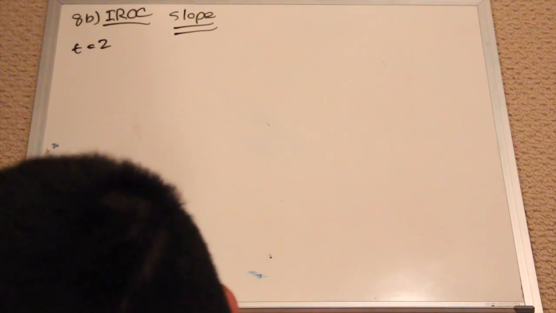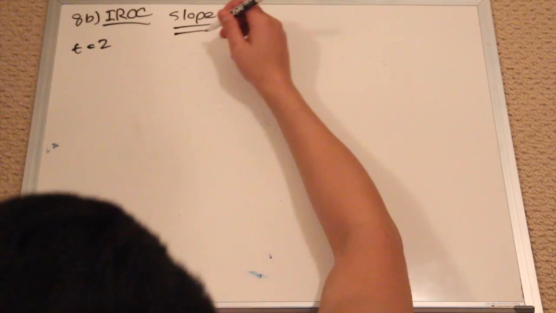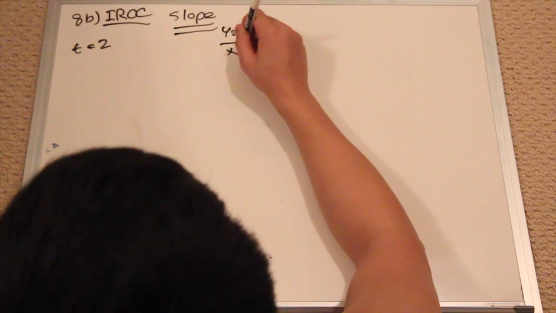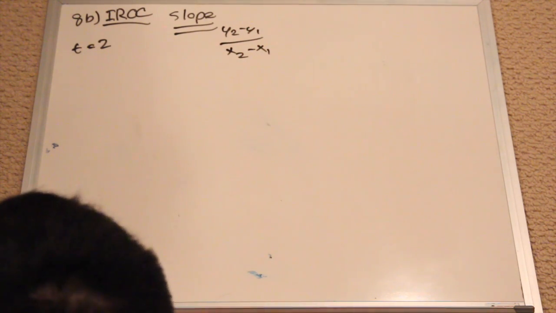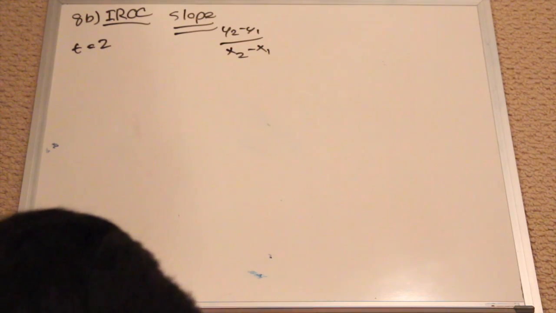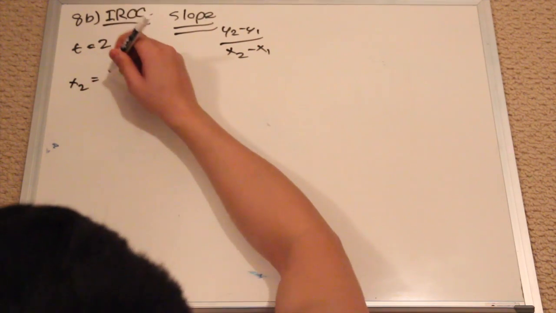That's our only point. And so the slope formula is y2 minus y1 over x2 minus x1, right? But since we only have one point, we'll label this to make it easier: x2 is going to be 2